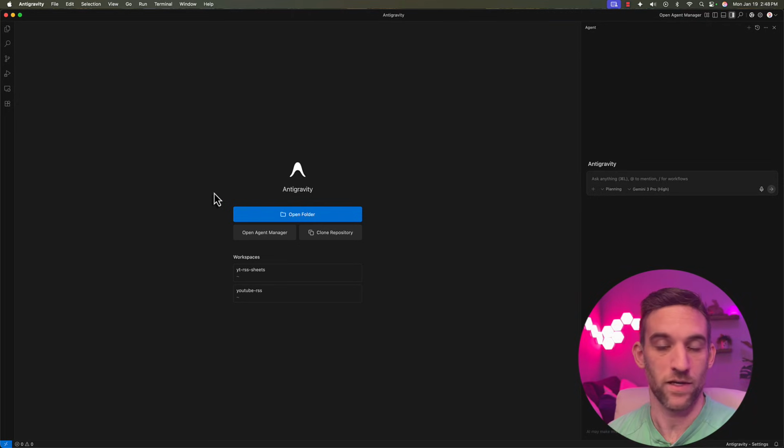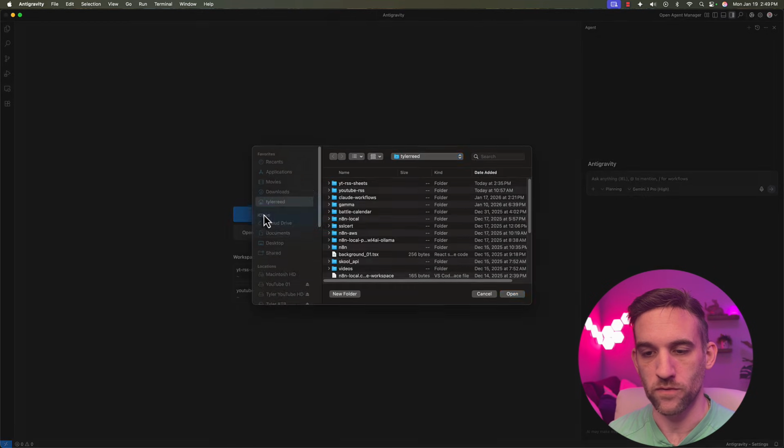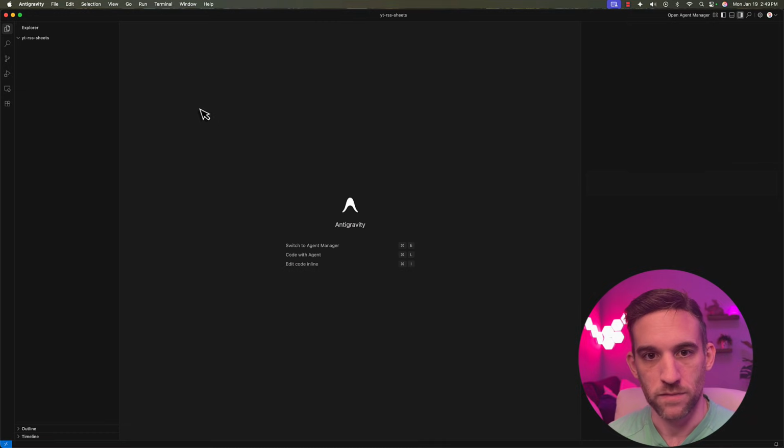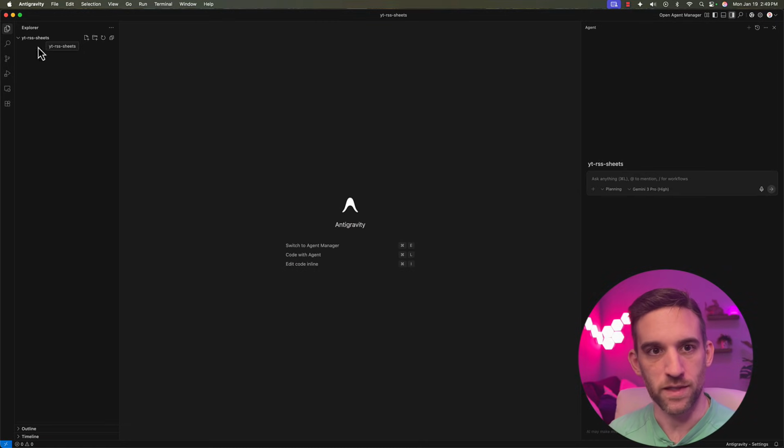So now that I have Antigravity open, I don't have any folders or any projects started. So before we get into this, we need to create one. You can go to Open Folder. Here you can go ahead and create a folder where a project will be stored, and then go ahead and open that. Okay, so now what we have on the left-hand side, this Explorer or the project pane, this is where we're going to be storing all of our files and where it's going to be creating everything for us.